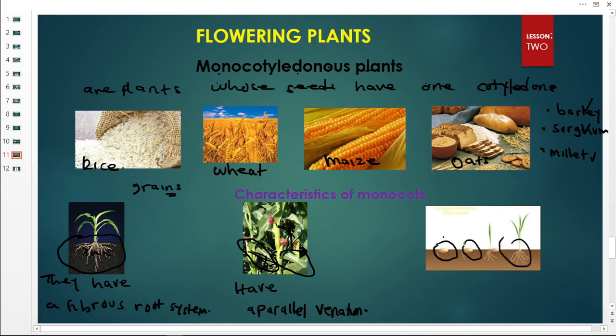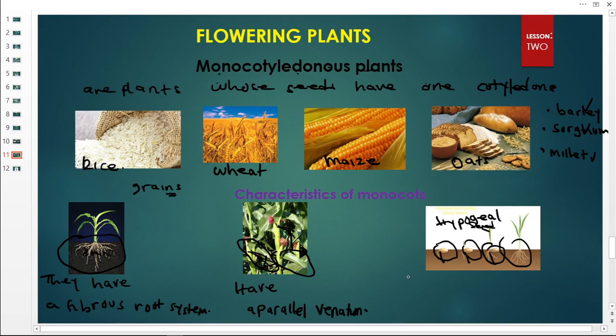So this one is the cotyledon. Then it has germinated into a seedling. Therefore, the cotyledon has remained inside the soil. Then this type of germination is what we call hypogeal germination. This means that